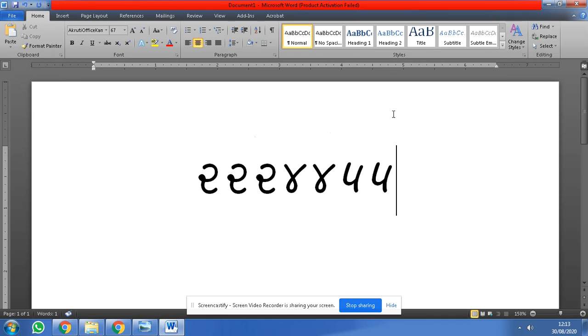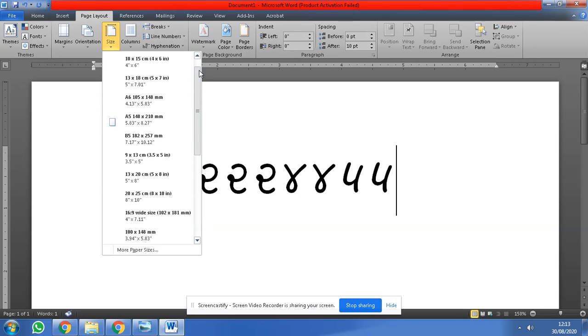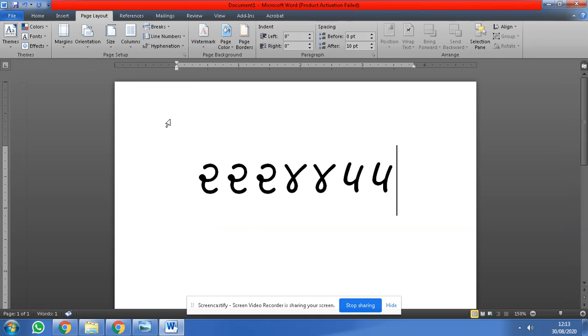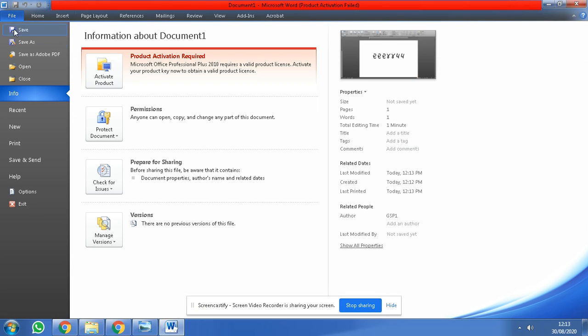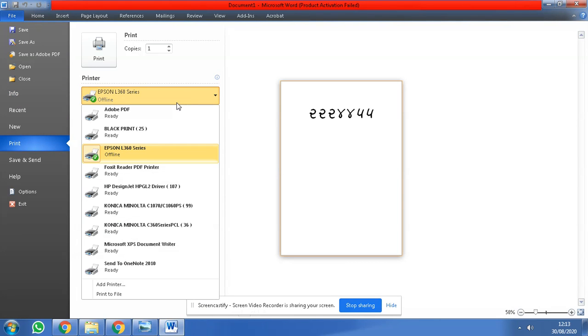Okay, this was one of the formats, and for another format you have to basically see two things. You have to see the size. Suppose you have created this in an A5 document. Then what you have to do is go to the print option, File, Print, and now select an option